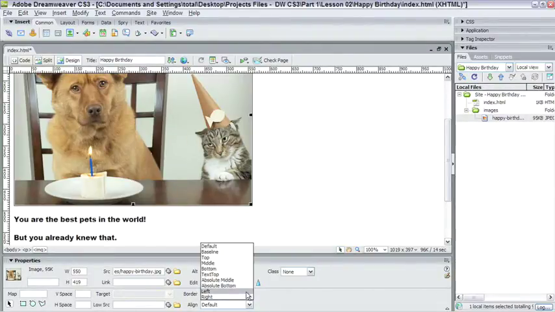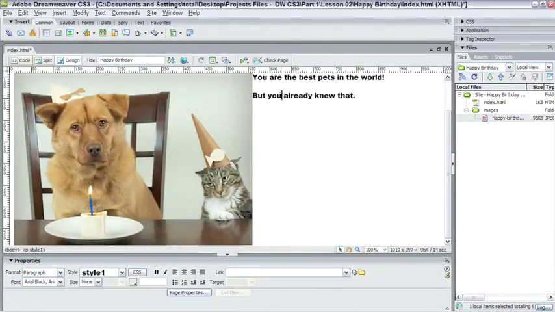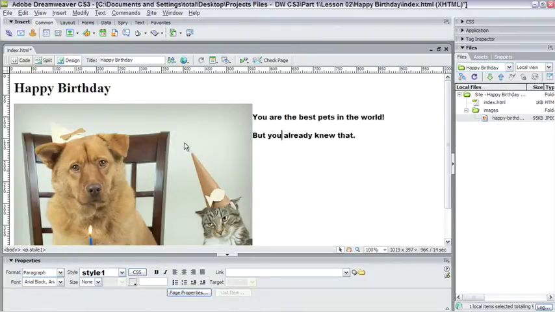So if I choose Align Left, you'll see that my text bumps right up to the right of the image. And I really mean it when I say it bumps right up to the right of the image. Now you may have seen this on the web, and if you have much graphic design sense, it's probably bothered you to see text so close to an image like that. Well, the default setting in HTML, when you align an image like this, is to put whatever's to the right